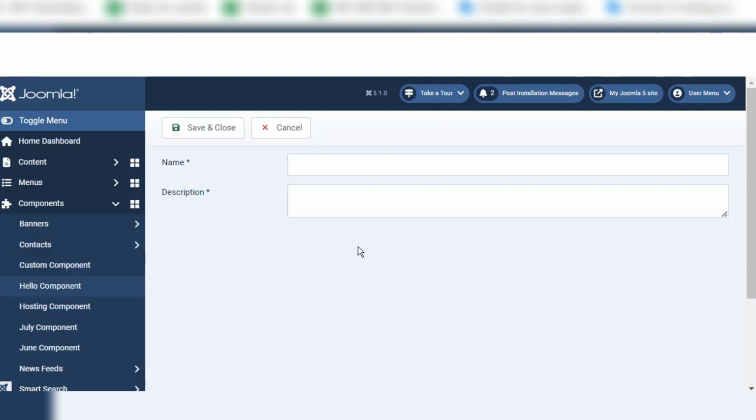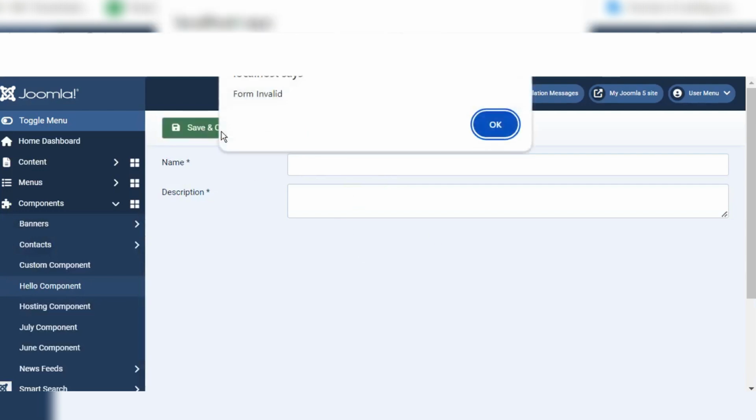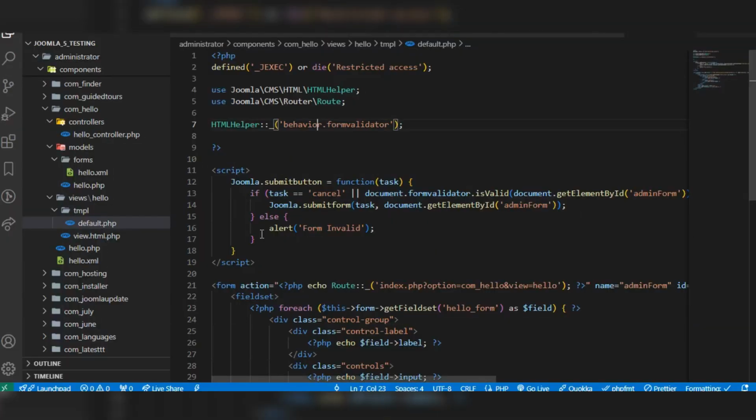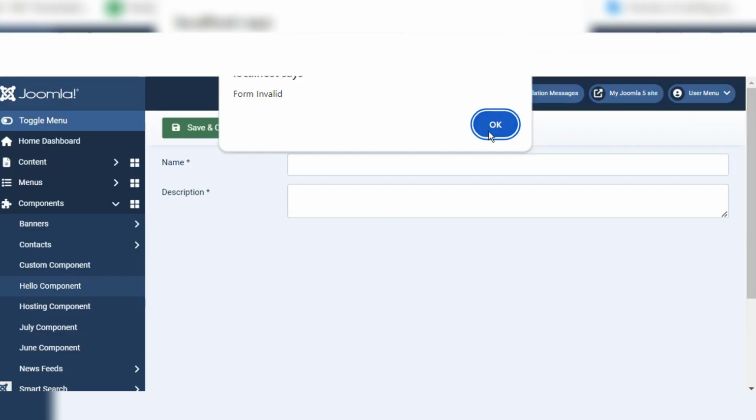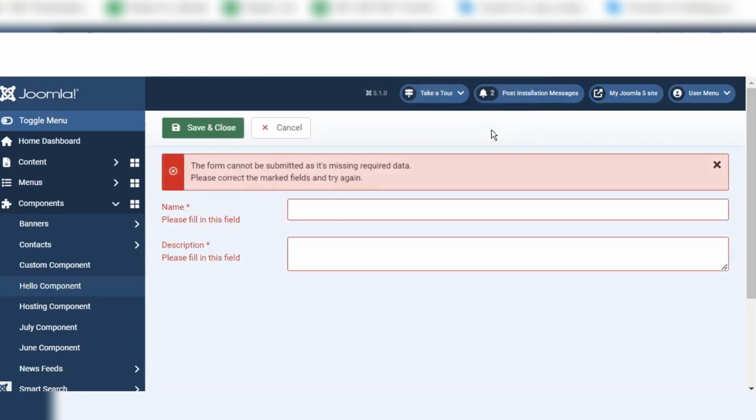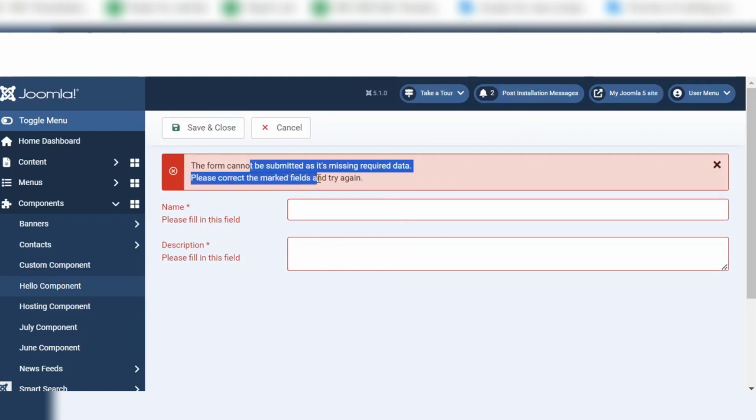And if I don't fill anything and click on save and close, here you can see the message alert box, form invalid. Here you can see the validation, because the form cannot be submitted as it is missing the required data. So we give the required field here. If we don't fill, we can get this message. So we have successfully created our form and